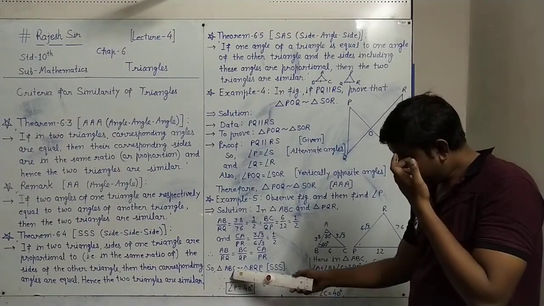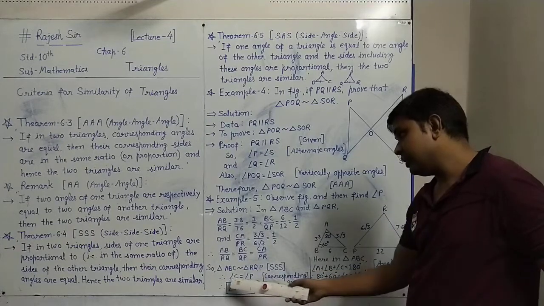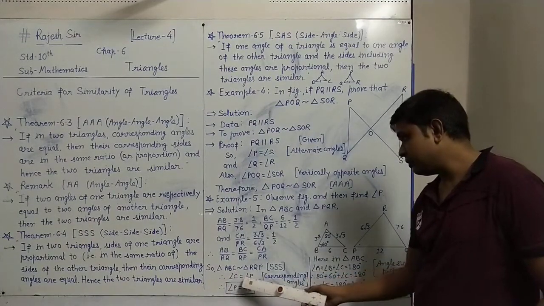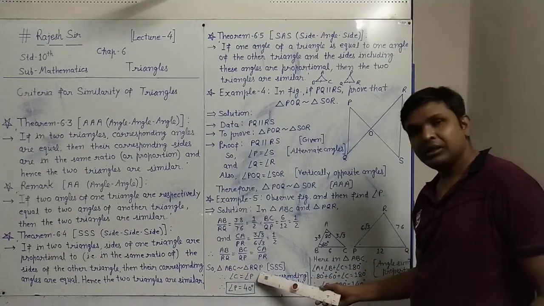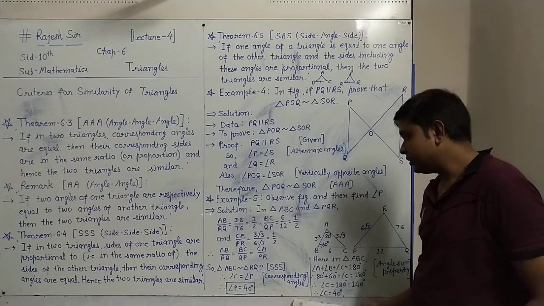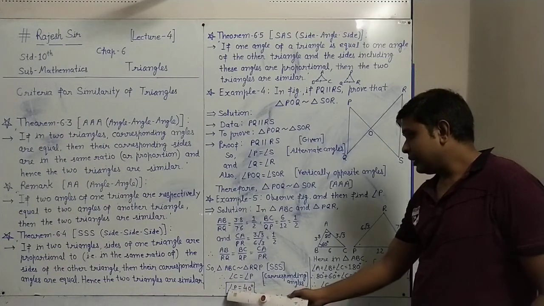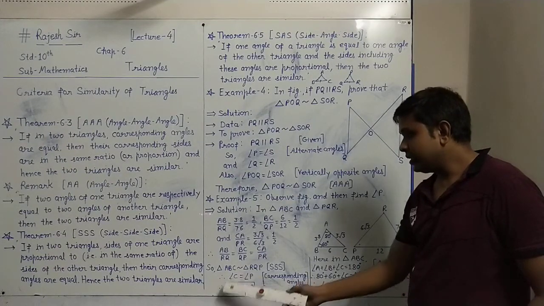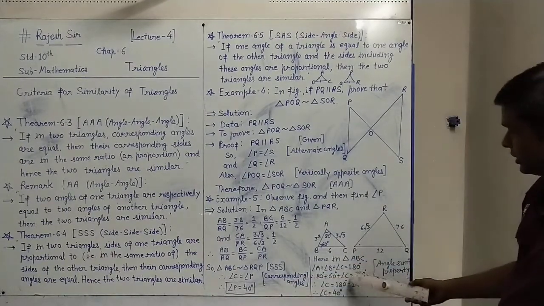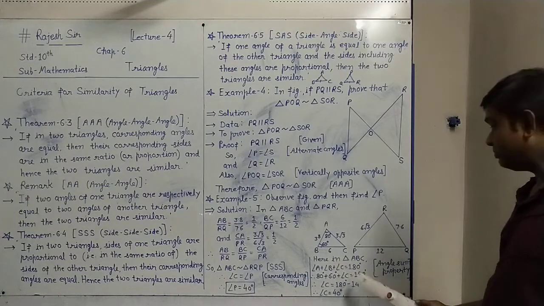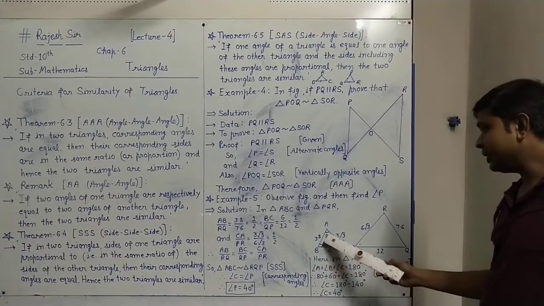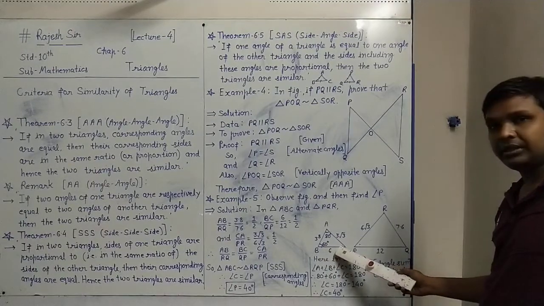If two triangles are similar, their corresponding angles are equal. So angle C equals angle P, the third angle, because of corresponding angles. Therefore angle P equals 40. Where does this 40 come from? It is angle C, which we find from triangle ABC. Two angles are given, and the third angle C is not given.